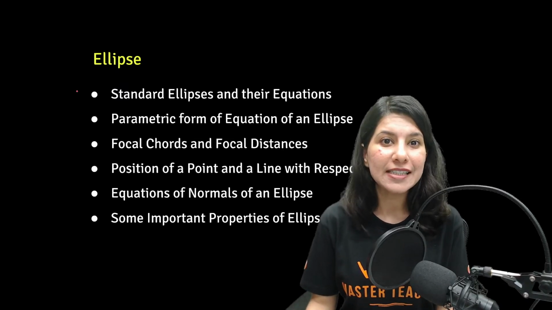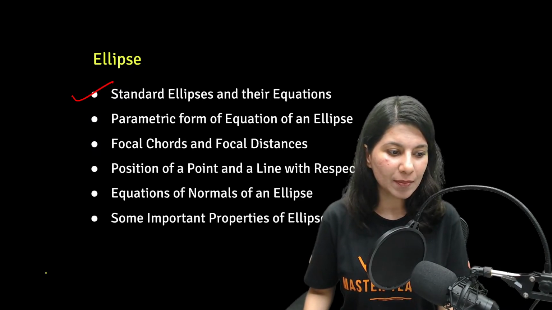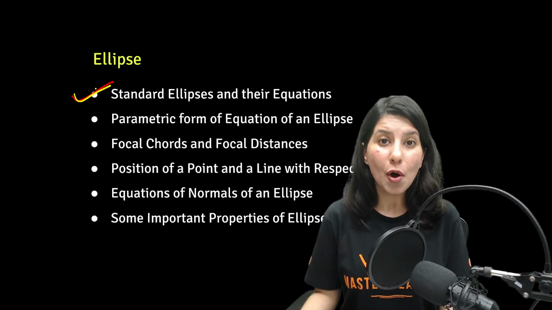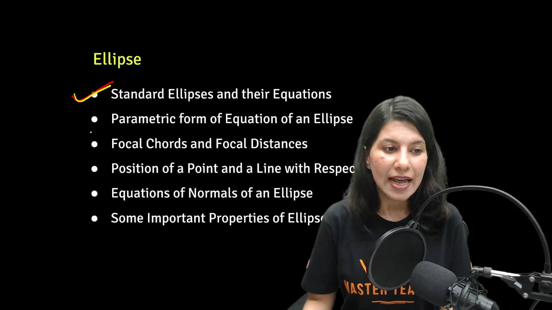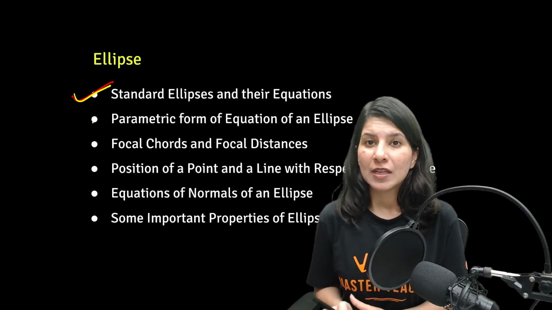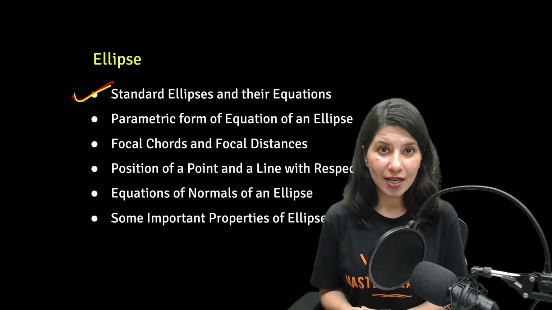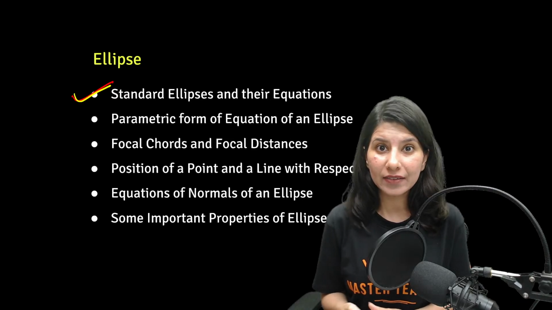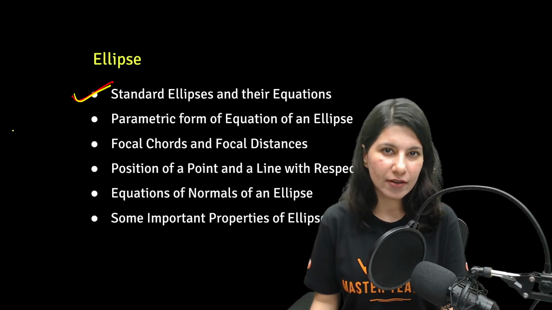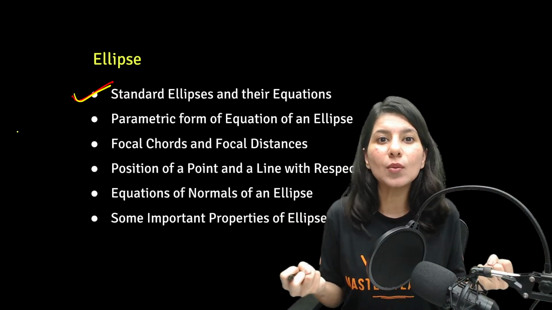So yes, in ellipse, what we are going to do, let us understand. First of all, we'll start with the standard ellipse equation, just like parabola. Our format will be exactly like parabola only. In parabola also, we have studied the standard equation of parabola. So here, the standard equation of ellipse. And then we'll solve a few problems related to basics of ellipse. So what is a focus? What is a directrix of an ellipse? What is the center of an ellipse? What is directrix? I have already told you, major axis, minor axis of an ellipse, right? So these things we will cover in the beginning of the session, so that you become very familiar with the